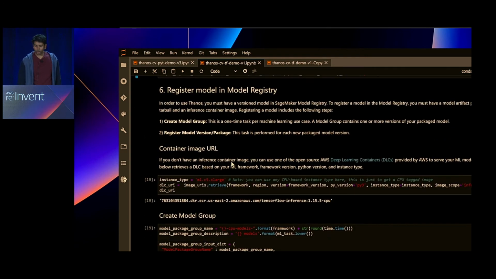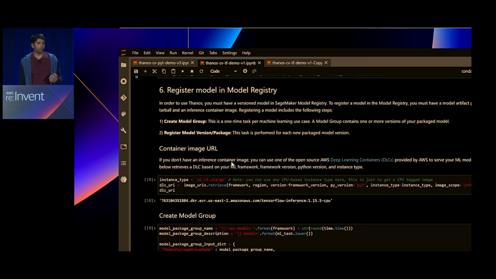And finally, we come to the part of putting all this information into model registry. If you're new to model registry, just as a quick primer, it's a hierarchical system where you have a model group which can hold multiple versions of your model. So if you're training multiple versions of the same model or testing multiple variations of the same model, model registry is a good data store for that, as well as an easy way to connect to your MLOps.